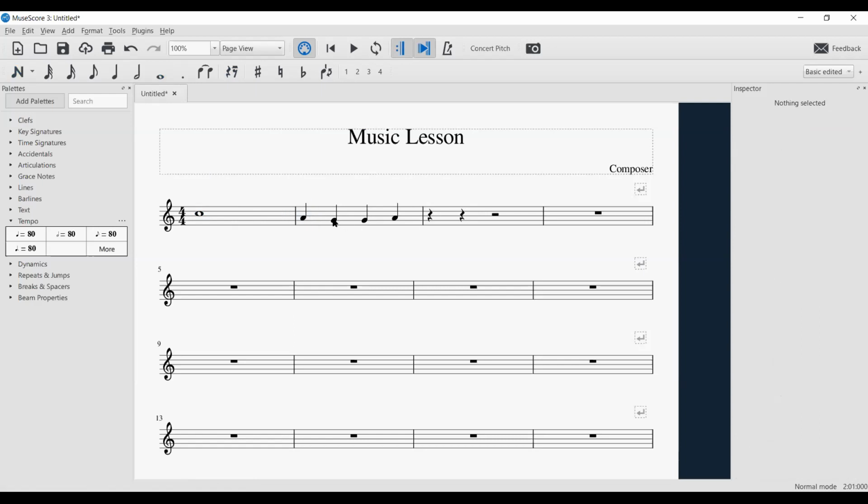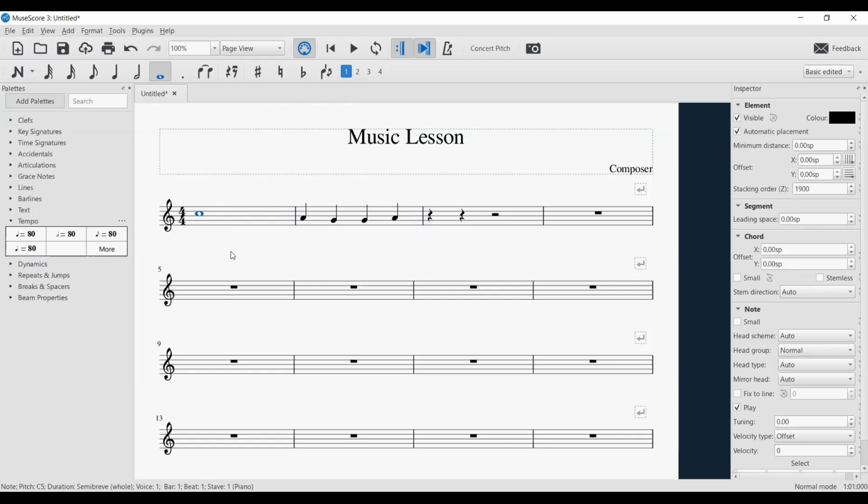But they sound differently. So if I play this, if that's just one note, it sounds one note, but the duration in terms of value